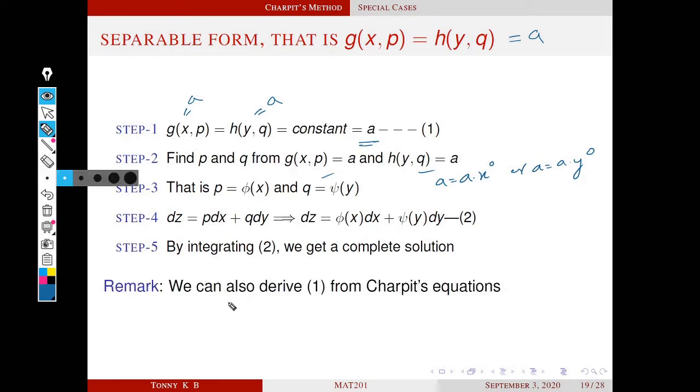As a remark, we can also derive this equation number 1 from Charpit's equations corresponding to the given PDE. And what is the standard form of this given PDE? That is, what is our f? f is equal to